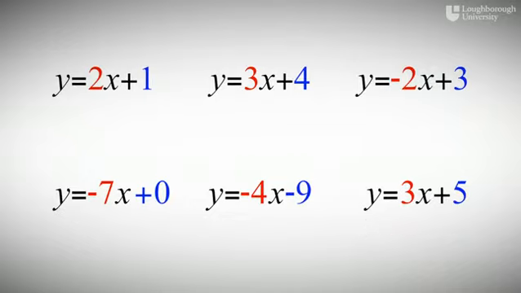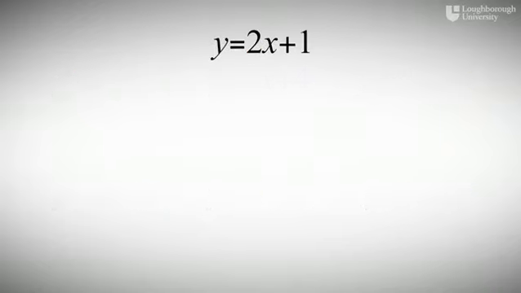To plot a graph of these straight lines, in each case we need to know the coordinates of at least 2 points on the line. In fact, we shall calculate the coordinates of more than 2 points, because doing so serves as a check to ensure our calculations are correct. Suppose that points on a straight line are related by the equation y equals 2x plus 1. This means that for every point, its y-coordinate is found by multiplying the x-coordinate by 2 and then adding 1 to the result. For example, if x is 3,